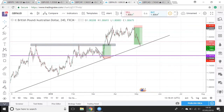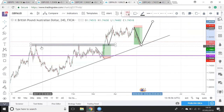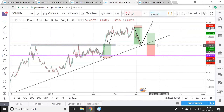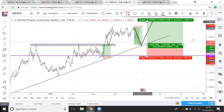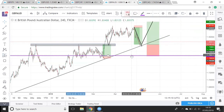All right, Great British Pound AUD. Also, it bounced off the trend line, so we could be looking for longs now. We broke out the trend line. Great British Pound AUD is good with retesting trend lines. So if we do retest this trend line, then we can take a nice buy up. As I said, Great British Pound AUD is good at retesting trend lines, so it is likely that we will get a retest. And if we do, then we will be entering buys for the next move up,